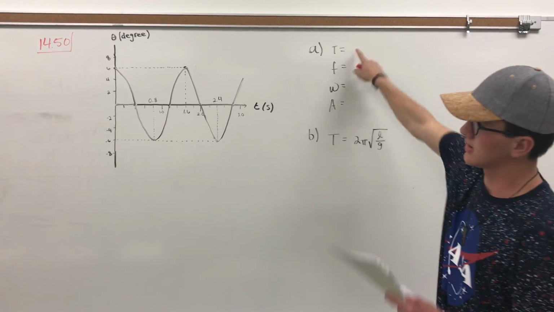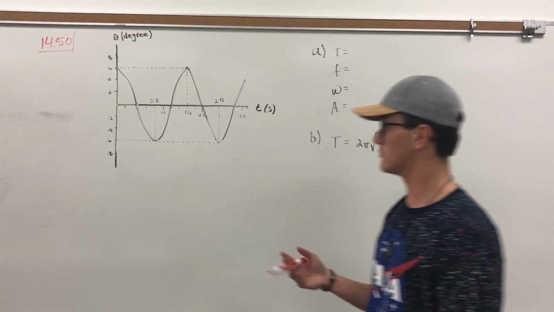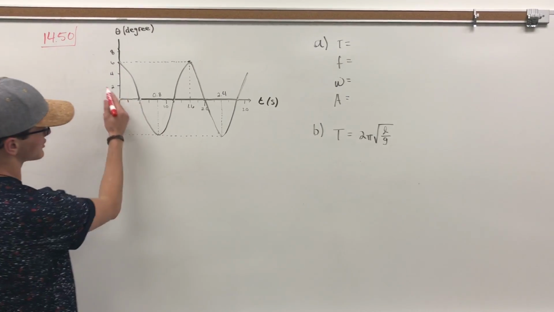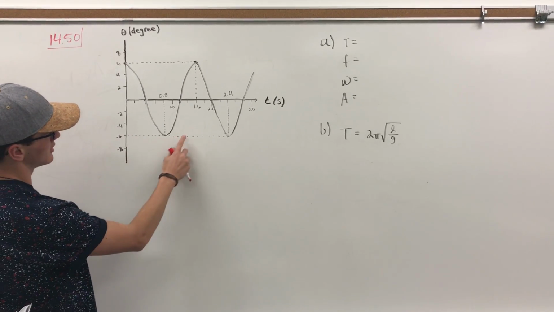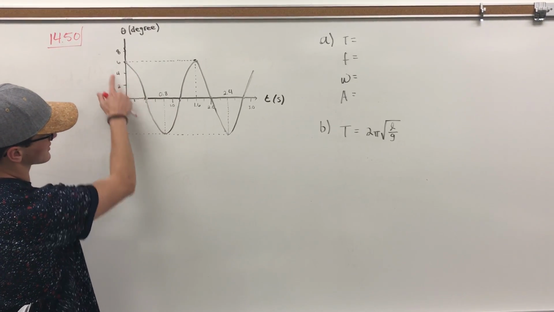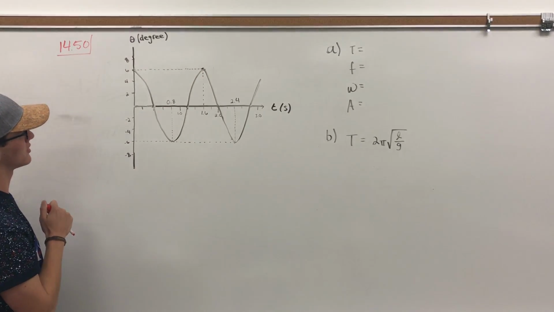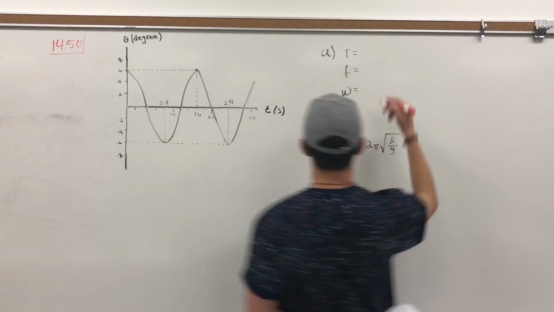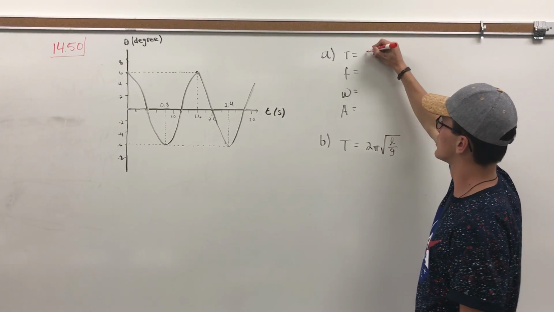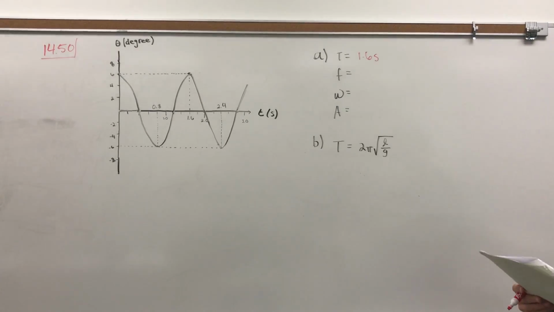It asks us in part A, what is the period, the frequency, the angular frequency, and the amplitude. So the period in this problem is how long it takes the wave to reach its starting initial point. So you can see here that it starts at 6 and it takes 1.6 seconds to reach back to 6 degrees. So our period is 1.6 seconds,